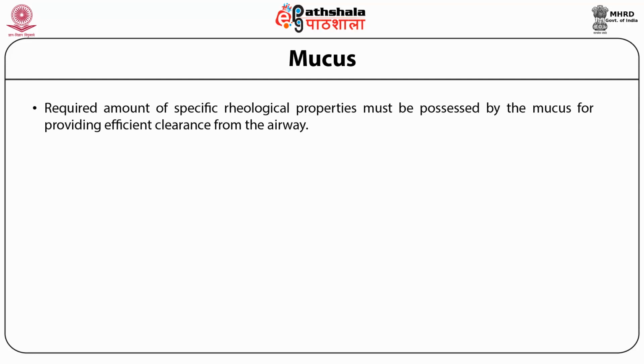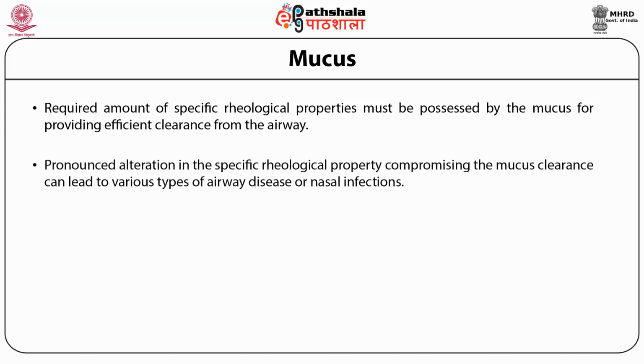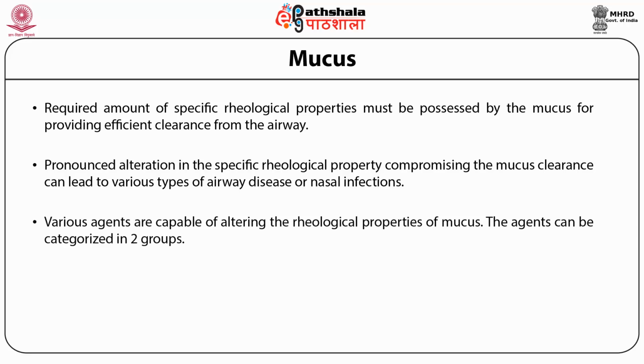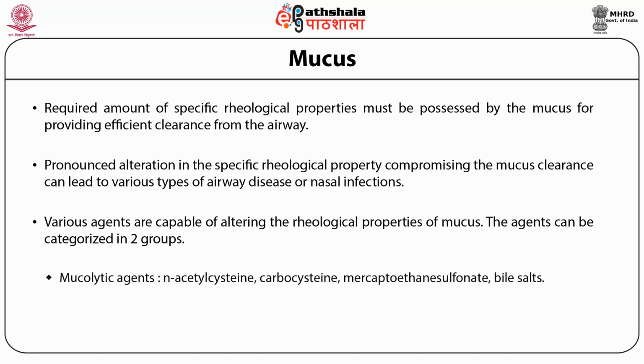The mucus must possess the required specific rheological properties for providing efficient clearance from the airway. Pronounced alteration in the specific rheological property, compromising the mucus clearance, can lead to various types of airway diseases or nasal infections. Various agents are capable of altering the rheological properties of mucus. The agents can be categorized in two groups. The first group are known as mucolytic agents, which include